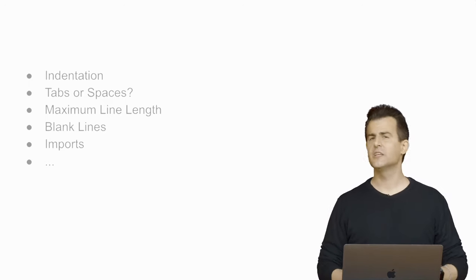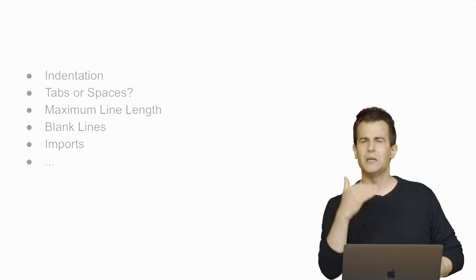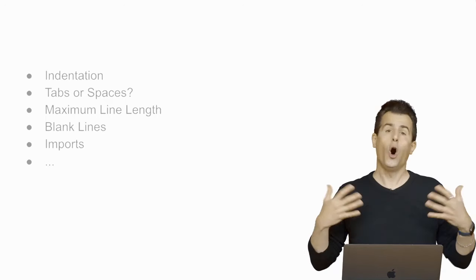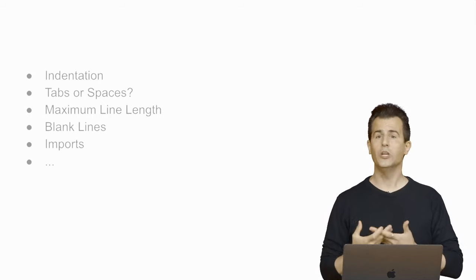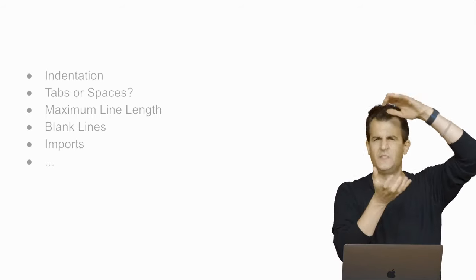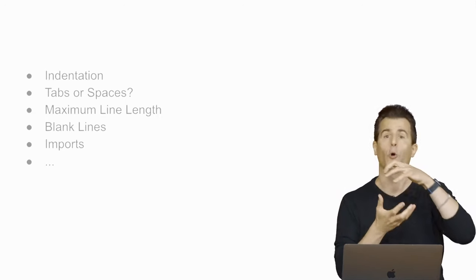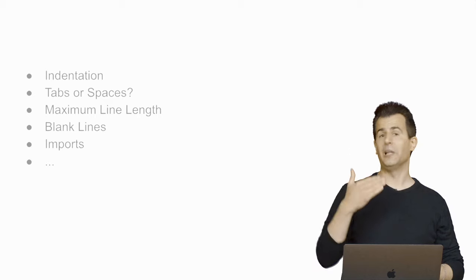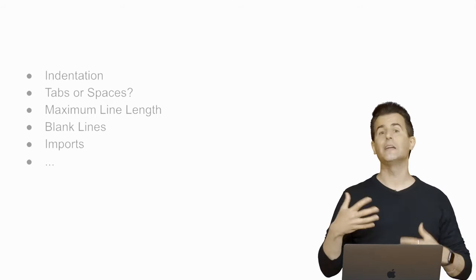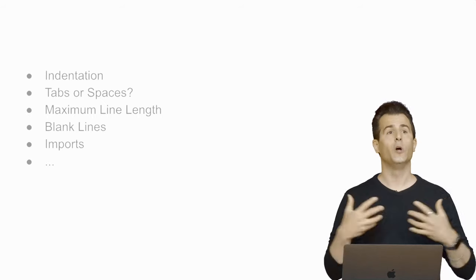Blank lines: using some number of blank lines, for instance, between blocks of code, perhaps among comments, also just lends itself to making your code more readable. Why? Because it's not just a wall of text, a wall of code that you or other programmers have to see. By adding in blank lines and white space more generally, it can make it a little easier to wrap your mind around what's going on.